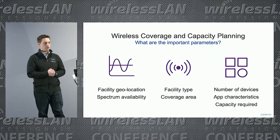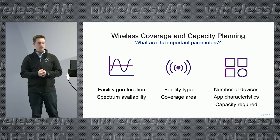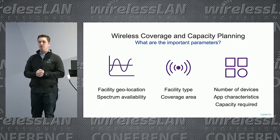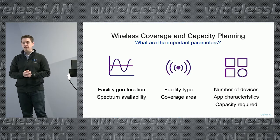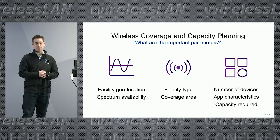Along those lines, though, what I want to share with you today is the network planner that we have. So that's a starting point for you to understand what the requirements might be to design and deploy a CBRS private LTE network for those customers. So the starting point is really driven very similarly like it is in Wi-Fi today. We look at wireless coverage and capacity planning and some of the key critical parameters for a private LTE network. In addition to the ones that you may be familiar with, like facility type and coverage area that you need to plan for, as well as then device count and density and application requirements as far as capacity goes,